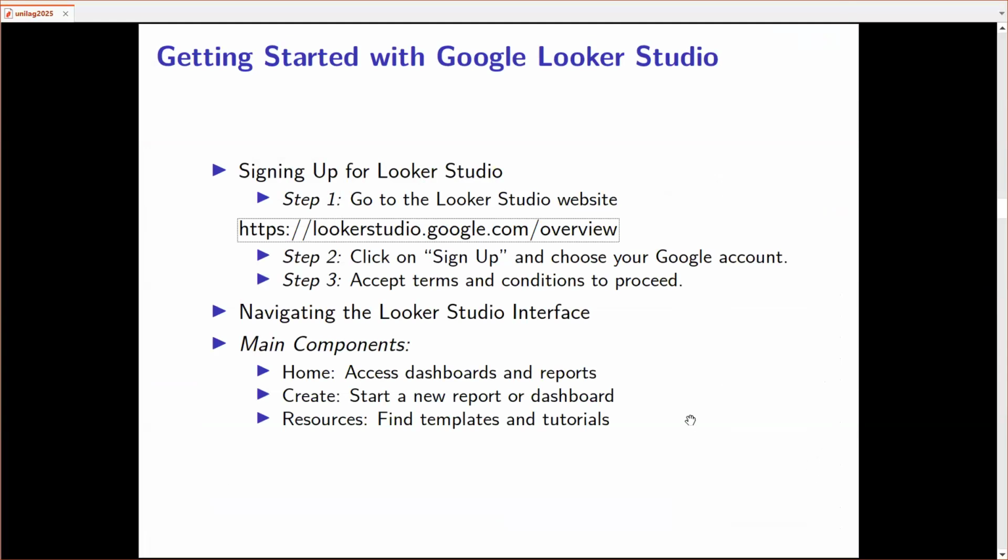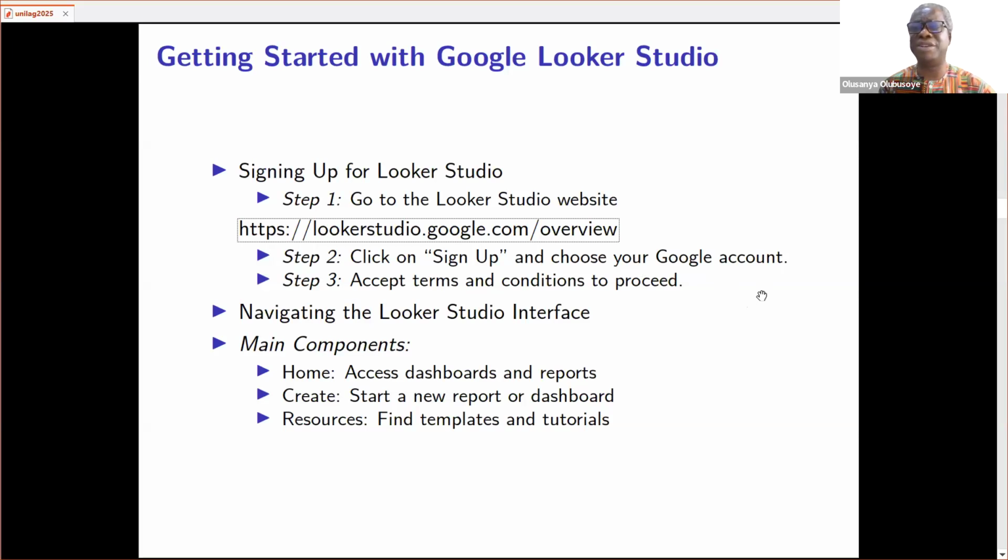So the three steps basically are: one, you go to the website and then you click the option to go for the free, and then you sign up. You need to have a Google account, not any other account, not Yahoo, but a Google account.